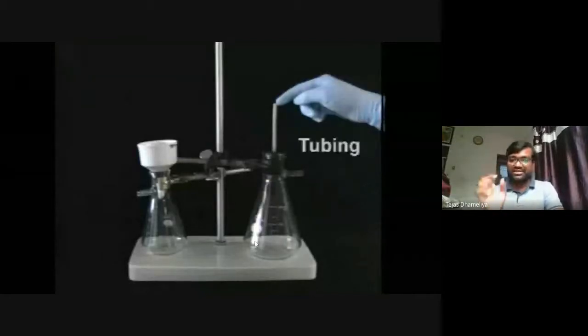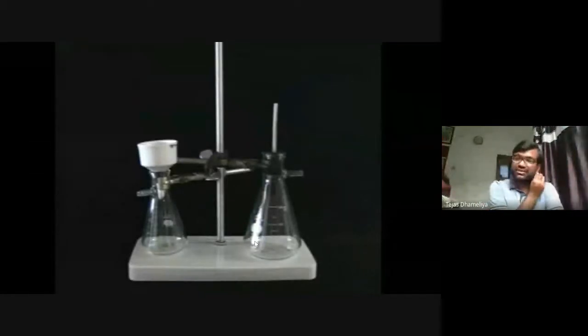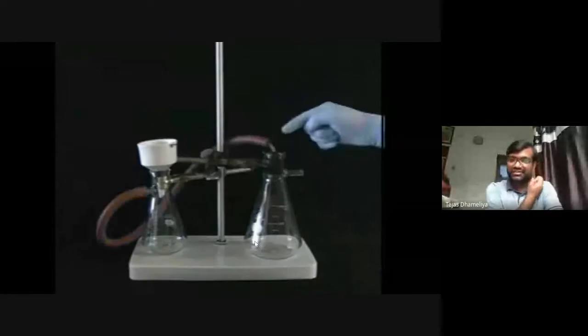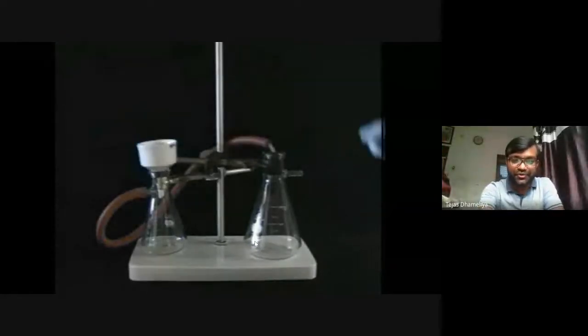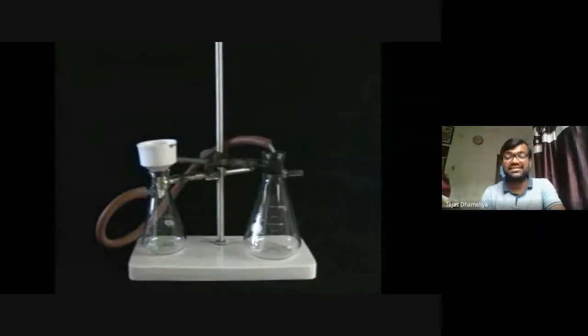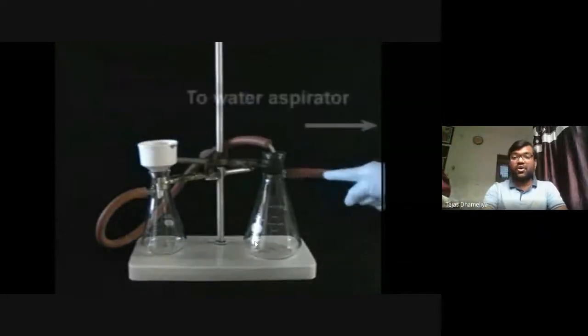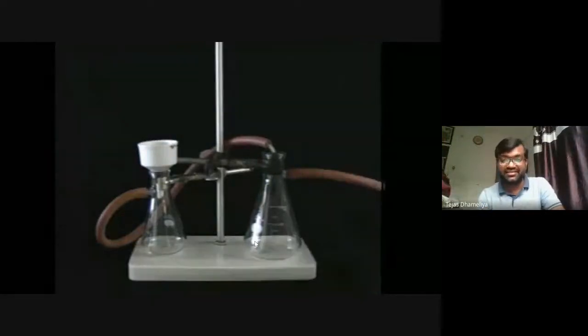So वो एक conical flask में रबर फीड कर दिया और फिर उसमें ट्यूबिंग पास किया है. Hose type का conical flask है. So this is also a kind of thing. So this is the way एक का ट्यूबिंग है और दूसरे conical flask के साथ अटैच किया है और ये जो है उसको लगाया है वाटर एस्पायरेटर के साथ.